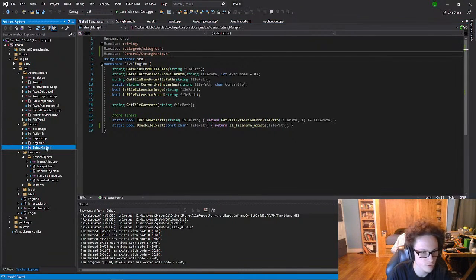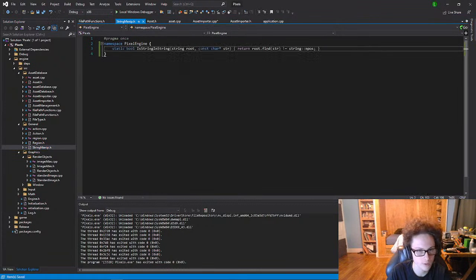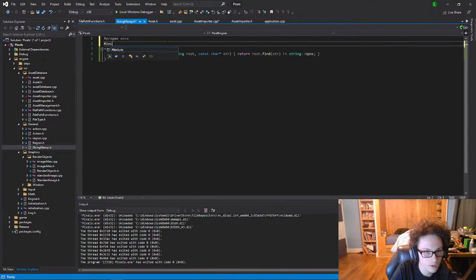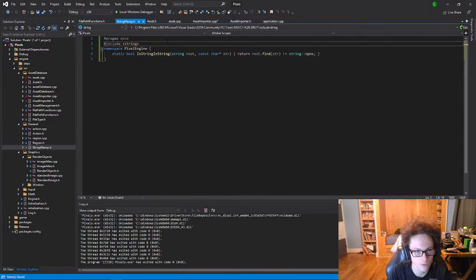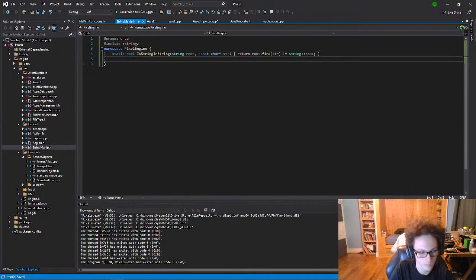And then inside of string manip, I just want to copy this, and then I want to include string in here because I'm going to need it. And then I want to do a static bool, or no, not static bool. I want to do a static const char pointer